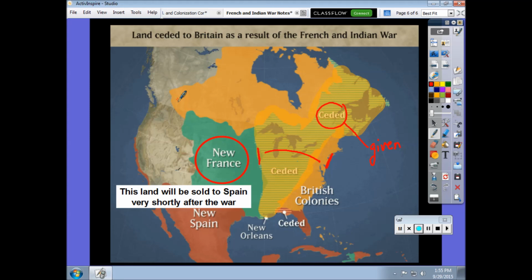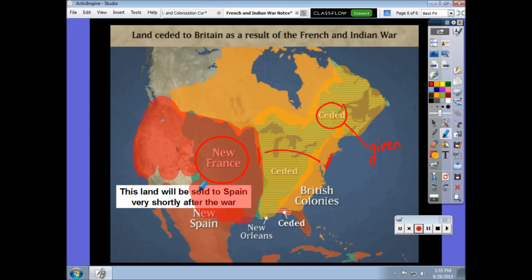Now this piece of land called New France, France retains this after the war, but you'll notice here it says they very quickly sell it. I mean, who wants this piece of land stuck in the middle of this country, surrounded on one side by Spain and the other side by the British, with a very little opening here to the ocean? This becomes very much useless to the French. They sell it to Spain, and then the Spanish territory is going to become massive as well. This whole area becomes Spanish.